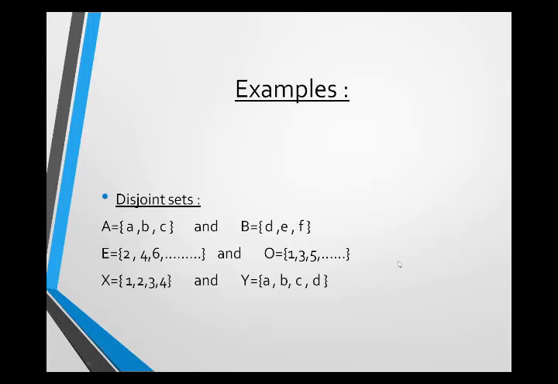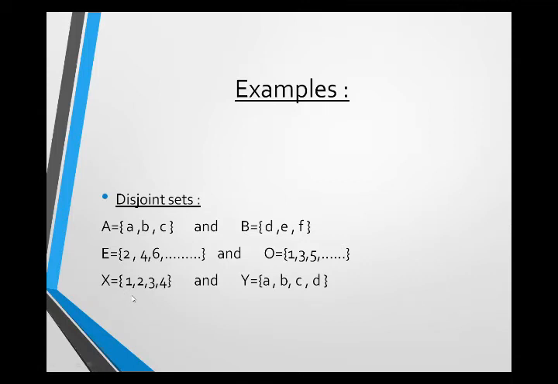Here I repeat, students, these dots show that the counting must go on. So here we have the set of odd numbers, which are 1, 3, 5 and so on. As you compare both sets, the set of even numbers and the set of odd numbers, you see that both are disjoint sets because no element is common in both sets.